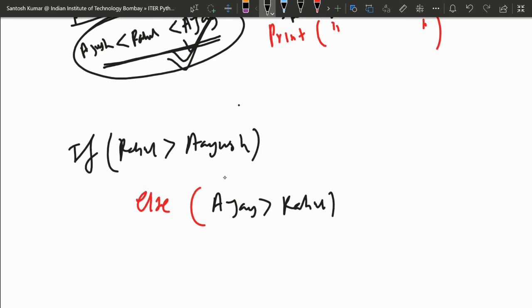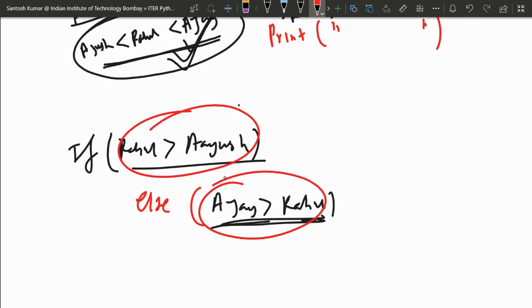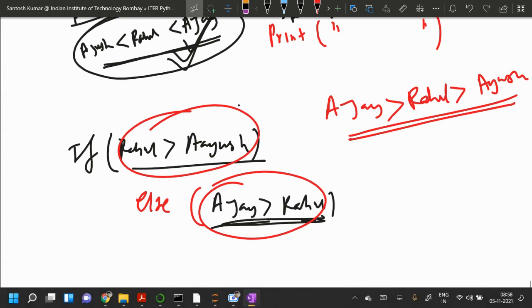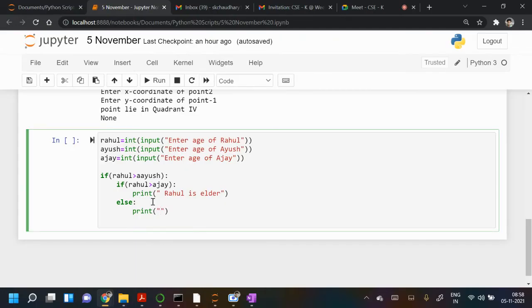If you combine both, what order do you get? The order is Ajay is more than Rahul, and Rahul is more than Ayush. So who is elder? Ajay. So in the second part, I write Ajay. Ajay is elder.